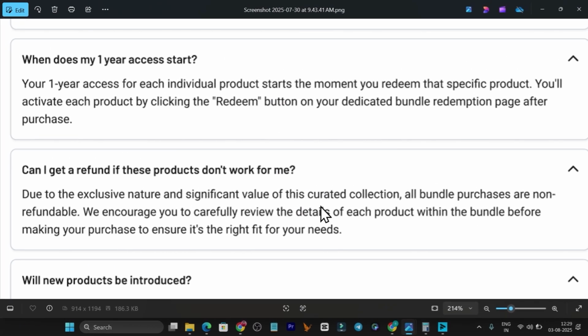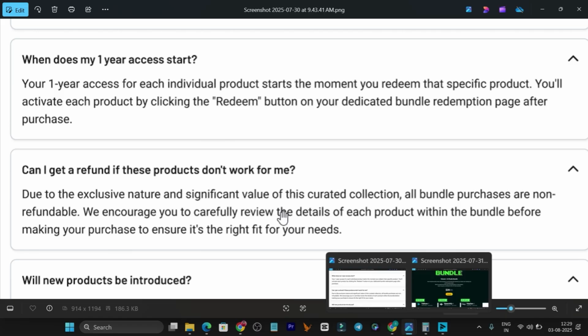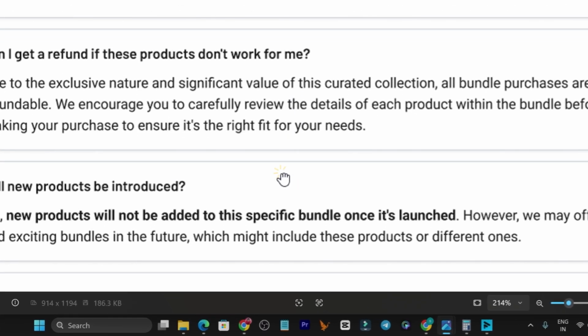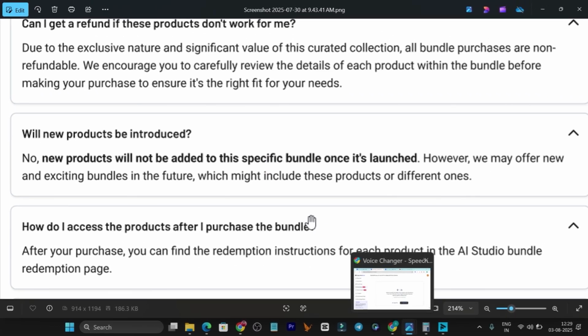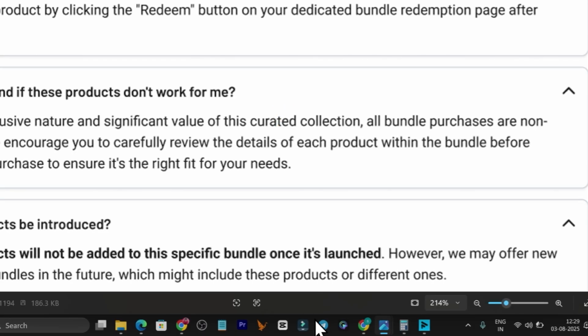Let me now talk about the refund if you didn't like this AI bundle. First, let me tell you, there is no refund policy in this AI bundle. You can get all the details on the deal page. The link will be given in the description. I suggest you make sure to check everything carefully before you actually buy it. But in my suggestion, you don't have to pay around $750, and you are getting it for $39. That is just a fraction of the price, and actually it's nothing that you are paying here for the 1 year access. Okay, so these are the few questions I have answered here.